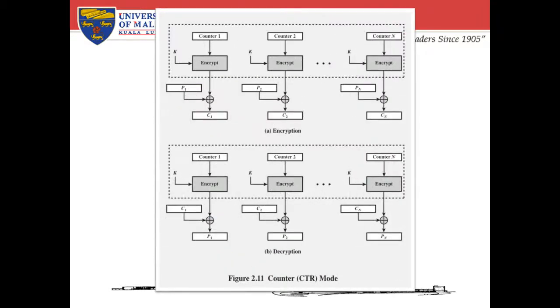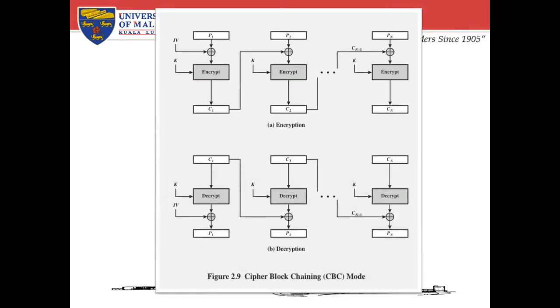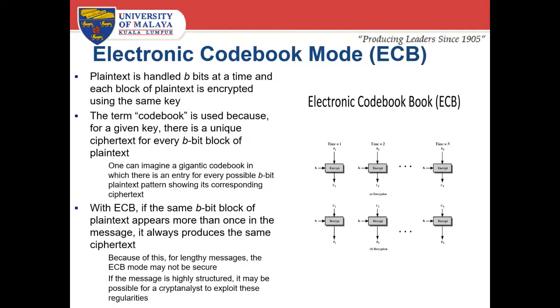Now we go to the last one, the counter mode. Remember the electronic code book mode. So you have here counter 1, encrypt, same like electronic code book mode. Counter 2, encrypt, counter n, and encrypt. But the difference is that the electronic code book mode only uses the plain text, but here in the counter mode